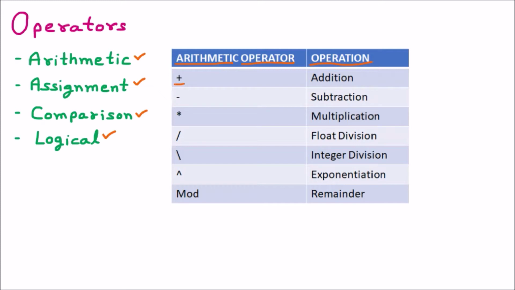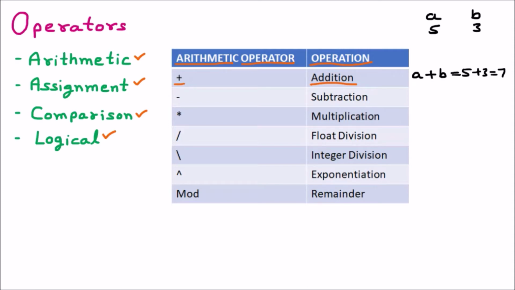Now first of all, we are having the plus. Plus stands for the addition. Let's say I am having two variables, the one variable is A and the second variable is B. The value of A is, let's say, 5 and the value of B is, let's say, 3. If I want to make an addition, A plus B will be equal to 5 plus 3, and 5 plus 3 will be equal to 7. So here we are performing the plus operation.